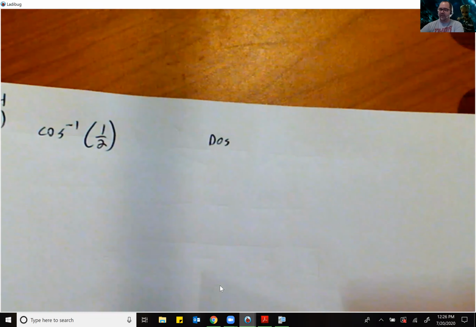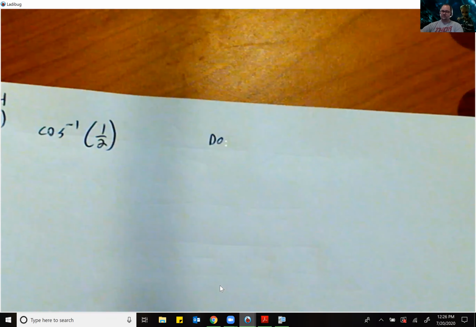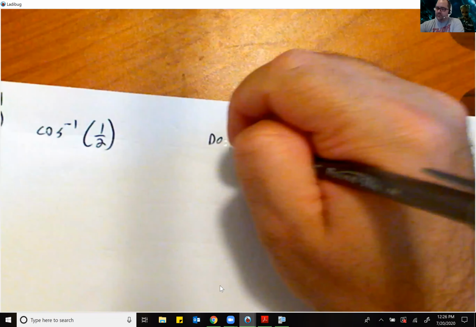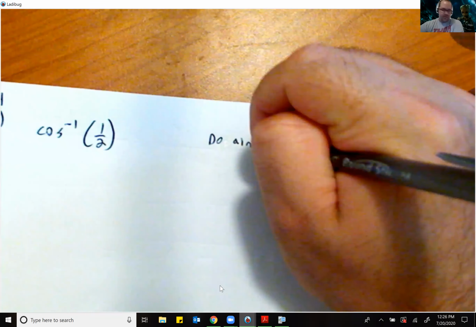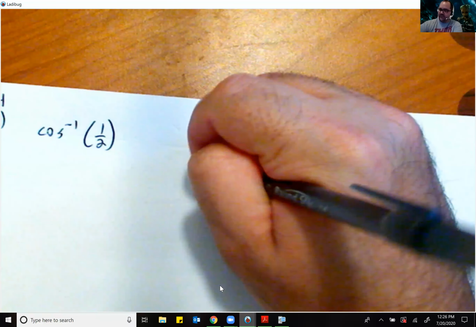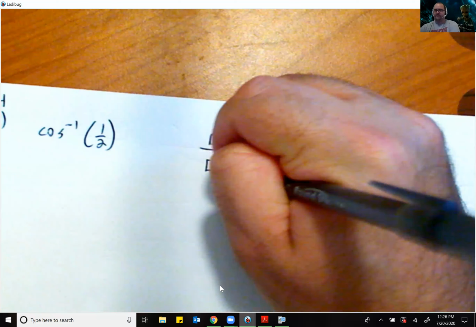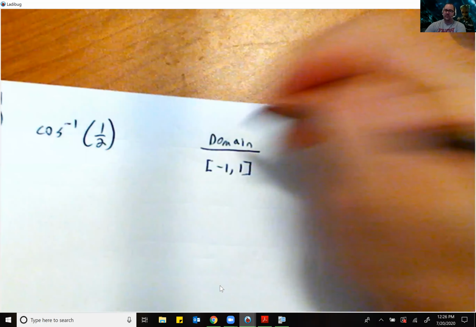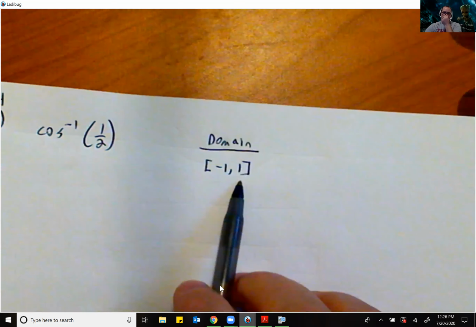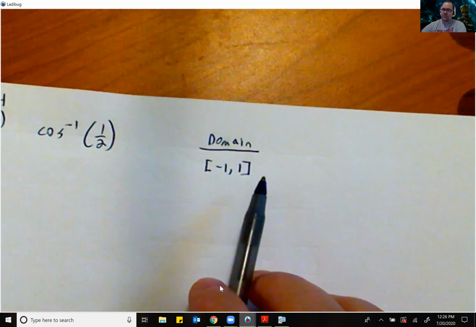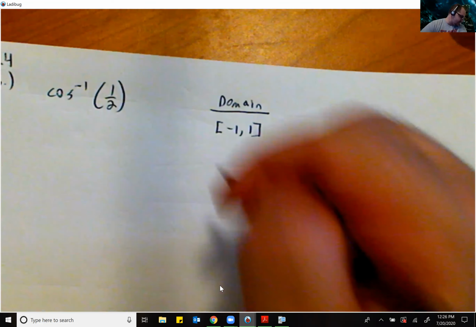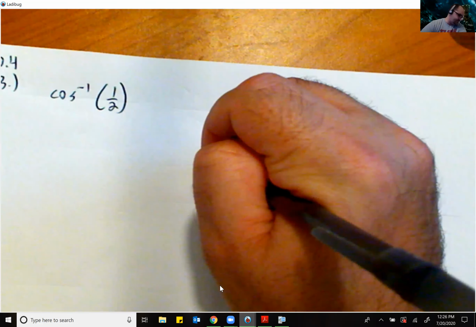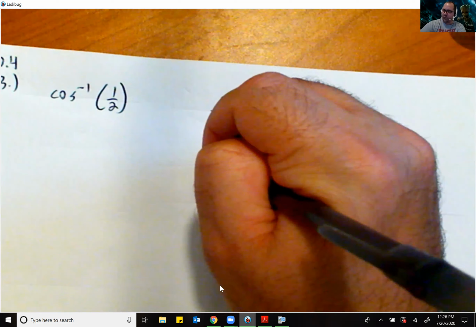The domain is -1 to 1. And so definitely we are in the domain, okay? So that means we can now think about its answer, and the answer has to be either in quadrant 1